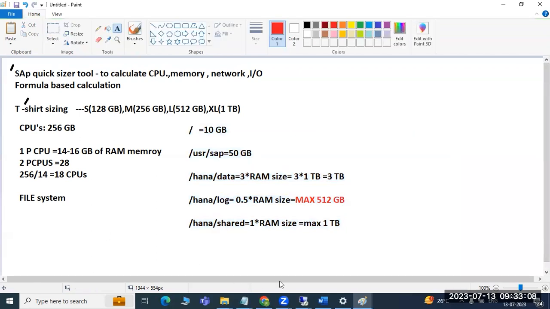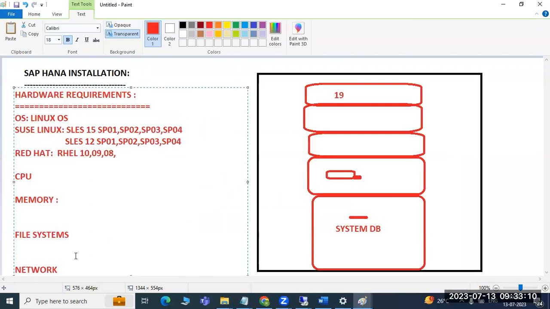Now, the network. If the network speed is very fast, then you can easily get the data from the HANA database, so the network can sometimes cause slowness. SAP recommends 1 Gbps network speed. File systems, memory, CPU, and OS all come under the